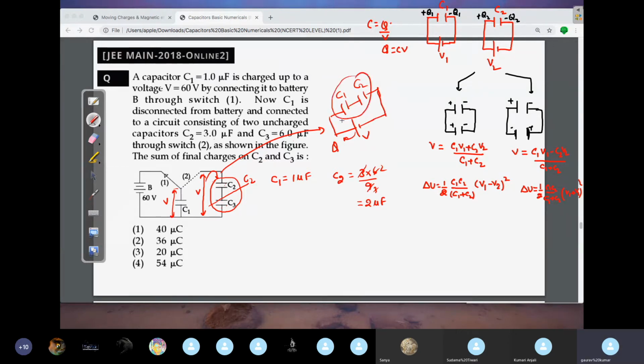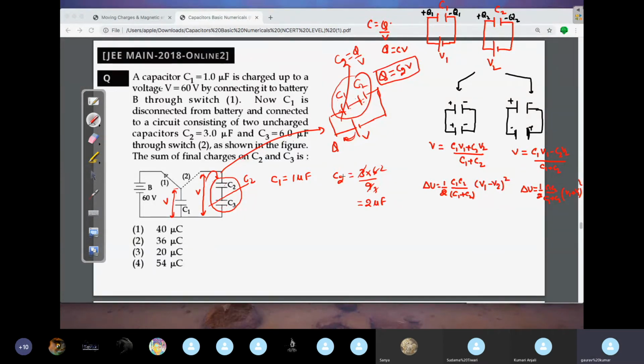If I can convert this into a single capacitor, so let's say we have taken a C2 here, this is the final C2. So what is the final answer you will get? C equals Q by V. So what is Q? Q will be C2 into V. We can write the answer like this. This Q is given by the battery. The same charge will come on these two. Some of the charges on these two will be this only.